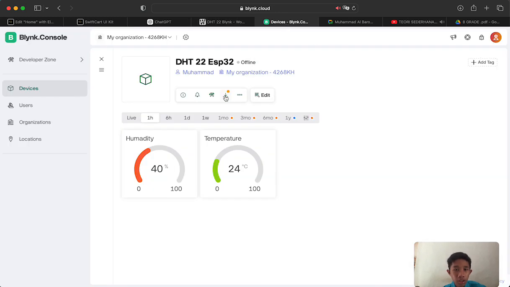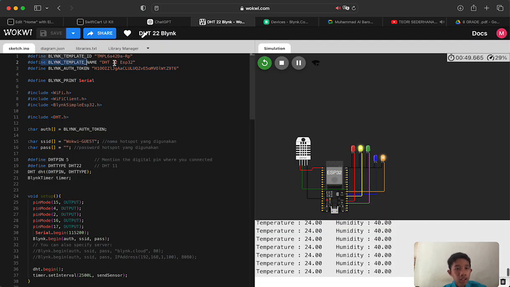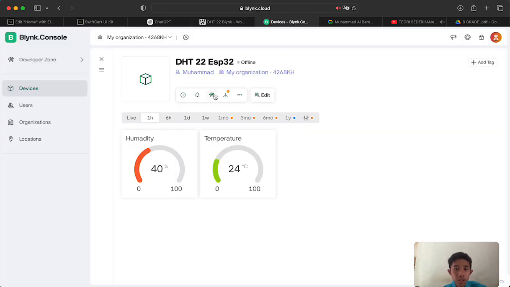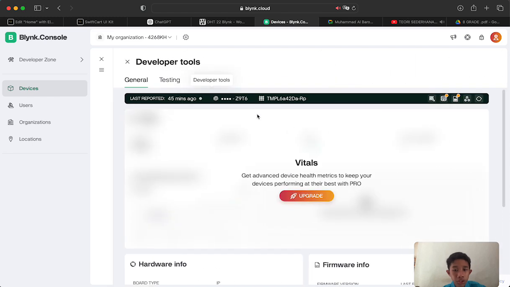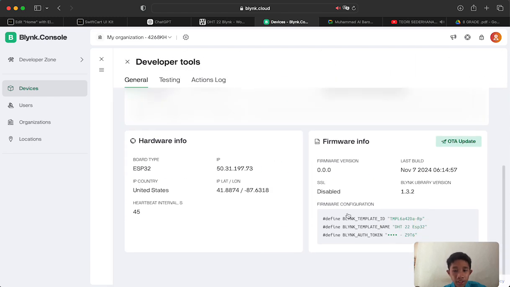If you use Blynk, you can go to the developer tools, and after that you can copy the code in here.